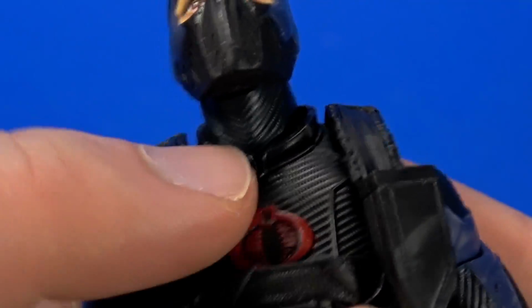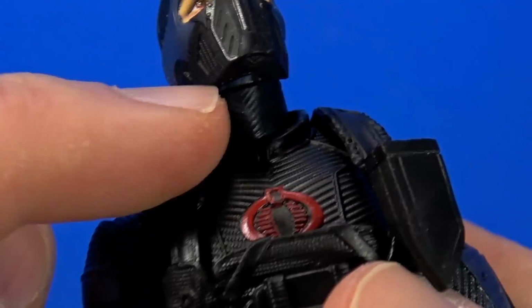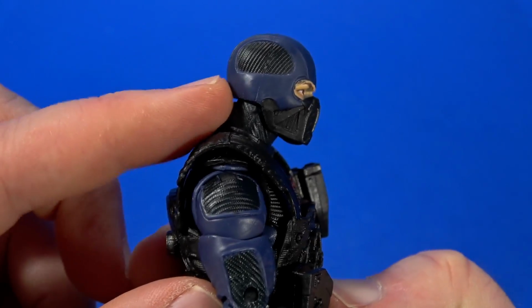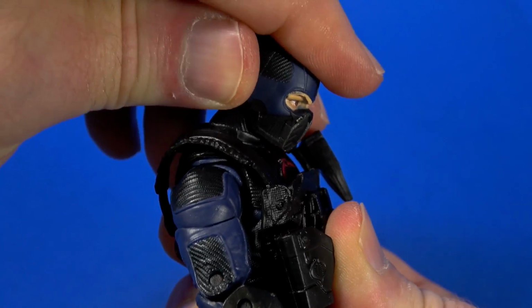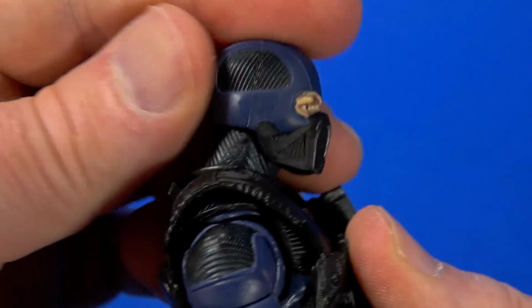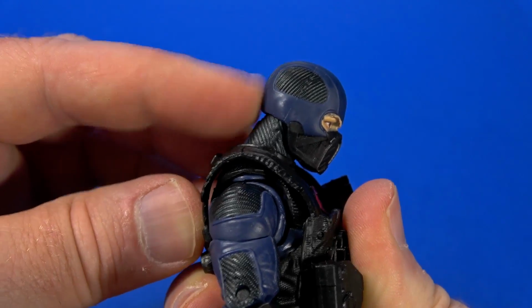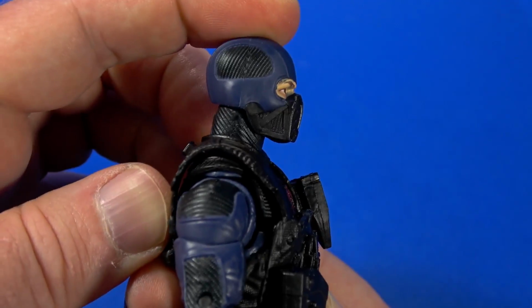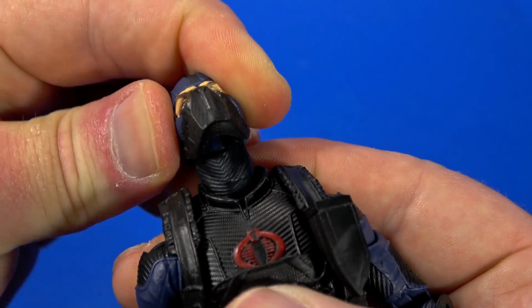Oh, and then there's the neck. There's a ball joint down at the bottom, and then a hinge and a ball at the top. When I first got him out of the package, he was jutting forward at the neck like this, and I couldn't get it to go down. That's because the detents in that hinge in the neck, they're in kind of a weird spot. Try to push forward, and it's actually all in the bottom of the neck. Don't get me wrong, he still looks down, but it can go further, and what I've been doing is cranking